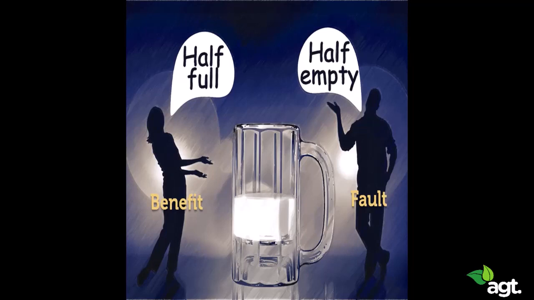The benefit finder focuses on the positive, focuses on what works. A benefit finder sees the things that are going well, and he sees the strengths of others rather than their weaknesses and their faults. A great example is Nelson Mandela. He spent 27 years captured by an oppressive regime. And when he was asked, after he came out of prison,